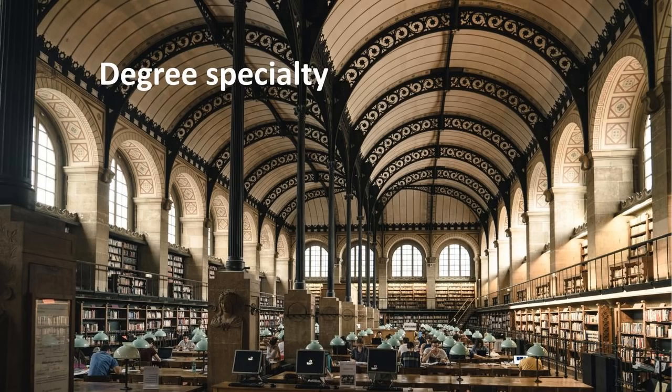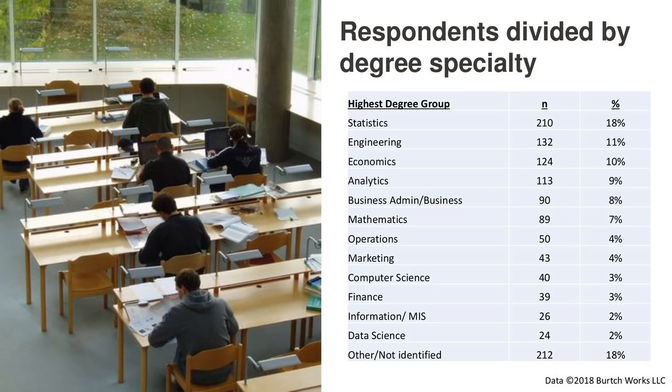Of course, this is a rich piece of data in that we have another important piece of information. For each degree that the individual has earned, we know what was the title on that degree. So did you have a bachelor's in mathematics? Did you have a master's in business economics? Did you have a PhD in engineering? That information can be used to see if there's a relationship between the degree specialty and the tool preference. But before digging into that, the first question is, what does the distribution of the degree